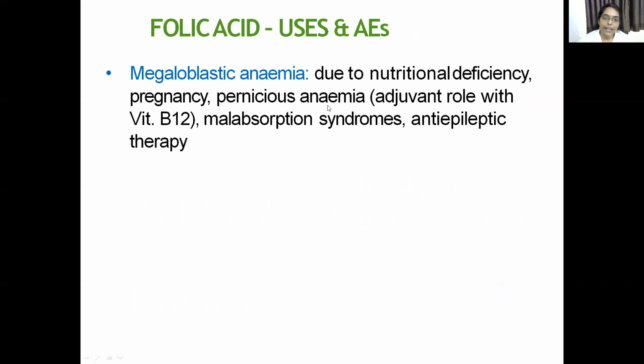Pernicious anemia is mainly because of vitamin B12 deficiency. When B12 is supplemented and hemopoiesis is induced, then folate deficiency may be unmasked. So here folate is only given as an adjuvant to vitamin B12. And the most important point to remember here is that folate should not be given alone when vitamin B12 deficiency is there,